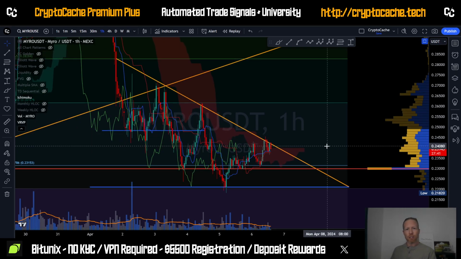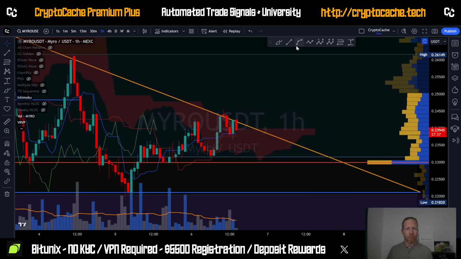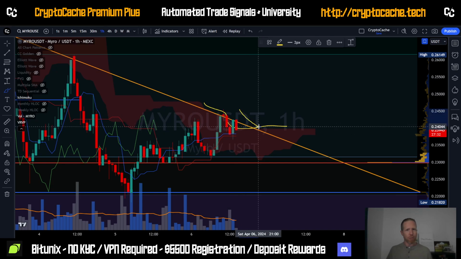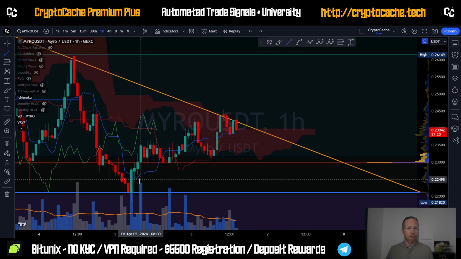But here's some consolation. And again, this isn't necessarily a positive, but generally speaking, when you're above the cloud, that's construed as a positive sign. We're not there yet. We want to wait for 4 hours at least to close above the cloud. What that'll do for us, that'll get us above this descending trend line. It'll establish higher highs and higher lows consistently, and it would potentially break this bear flag type of pattern.